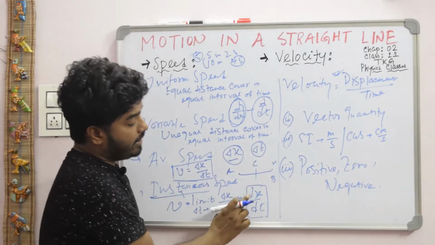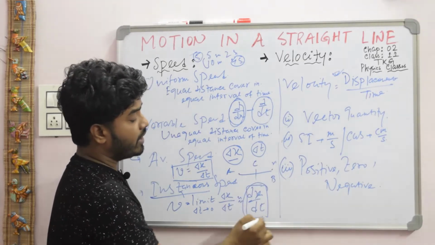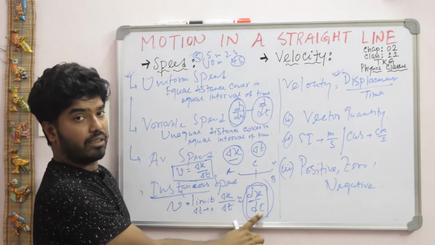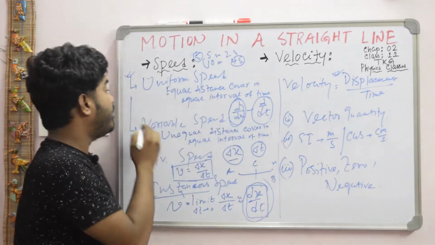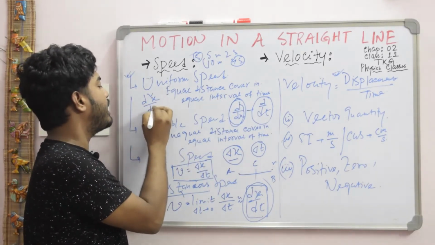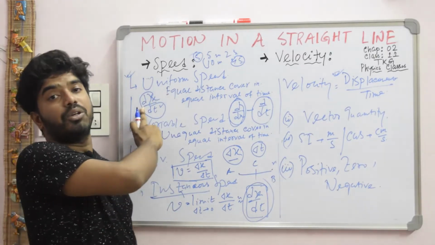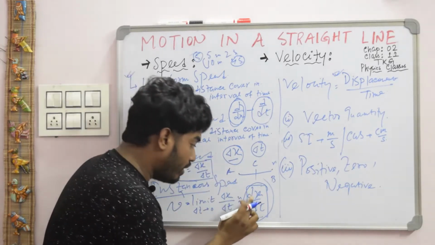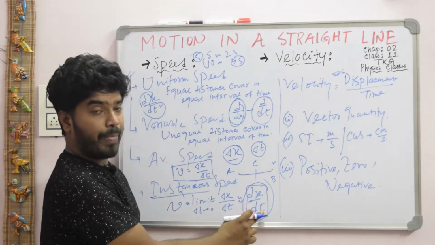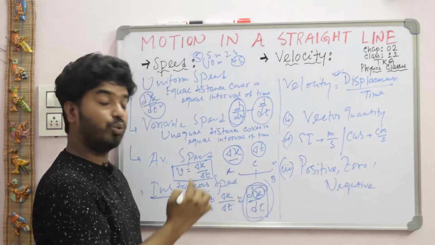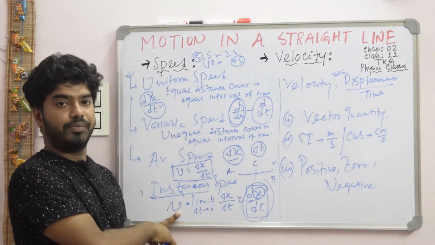So here instantaneous speed is dx by dt. So this form gives differentiation with respect to t. And this differentiation is called first order differentiation. If there is a term like d square x by dt square, d square by dt square, this form is called the differentiation of second order. Here it is only dx by dt. So we can say this is the differentiation with respect to t. So if we differentiate x with respect to t, then we get instantaneous speed, right?